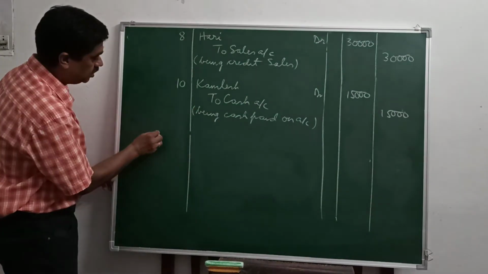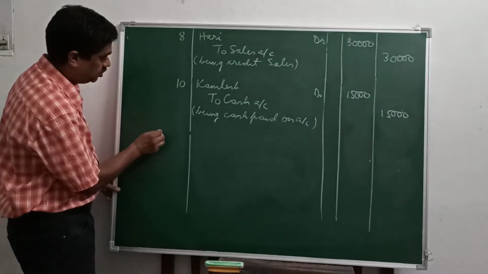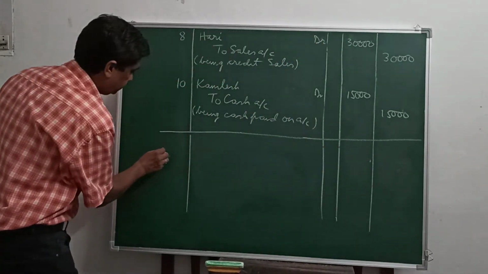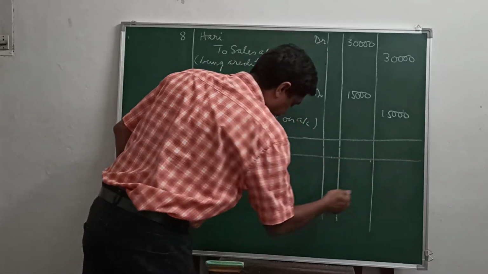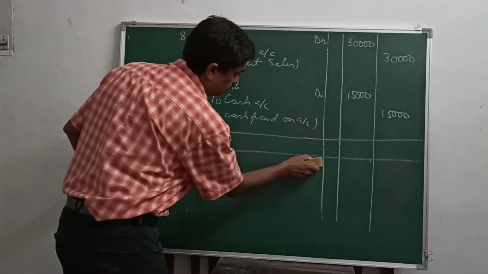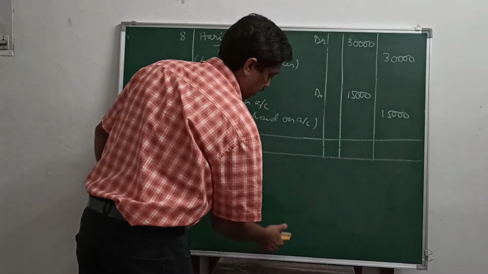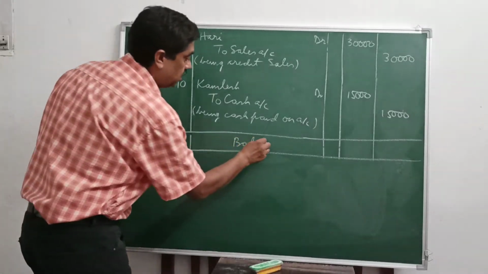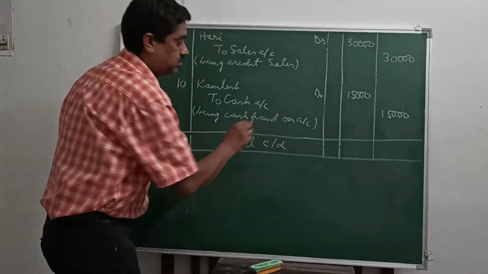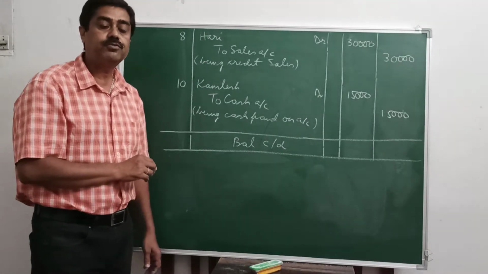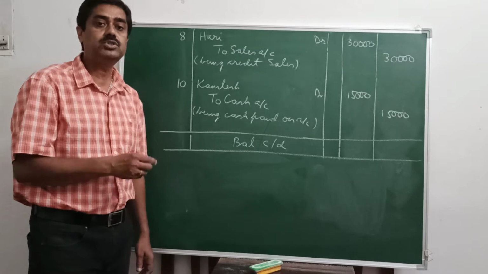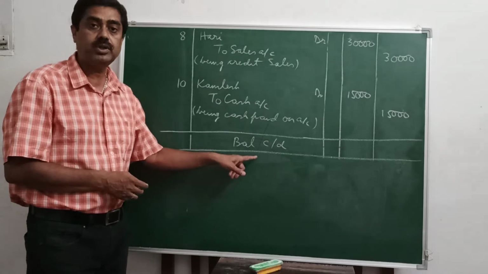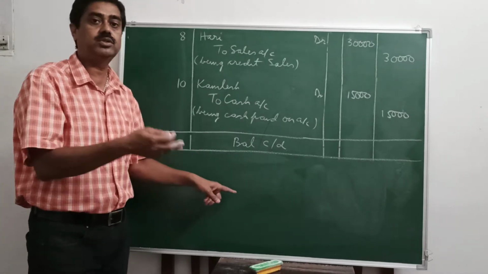So what you will do, leaving 2 or 3 lines at the end of the page, draw a line from the margin, the extreme corner, to the end of the page, 2 lines, and rub off the extra lines if you have any. Right here, short form of balance, b/l, balance c/d, small c oblique small d, carried forward. In the books it was given c/f, carried forward, but in the ledger we will be using this abbreviation often, and later also in your other accounts in class 11 and 12 we use this abbreviation.